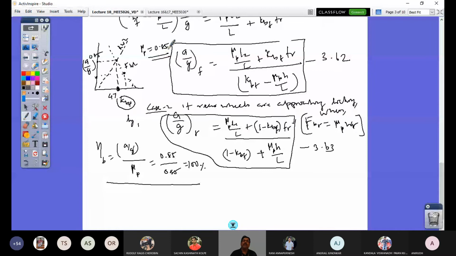So you put 0.85 as the road surface, 0.7 as the road surface, 0.3 can be a road surface where it is a slippery road, 0.2 can be a road surface. So see, what is the limitation of this discussion so far? The road surface, both the right side wheels and left side wheels are of the same mu value. Supposing they are different, so on the left side wheel I have a different mu value, and on the right side wheel I have a different mu value of the road, again that would be a problem. This equation cannot be sufficient to account for that.